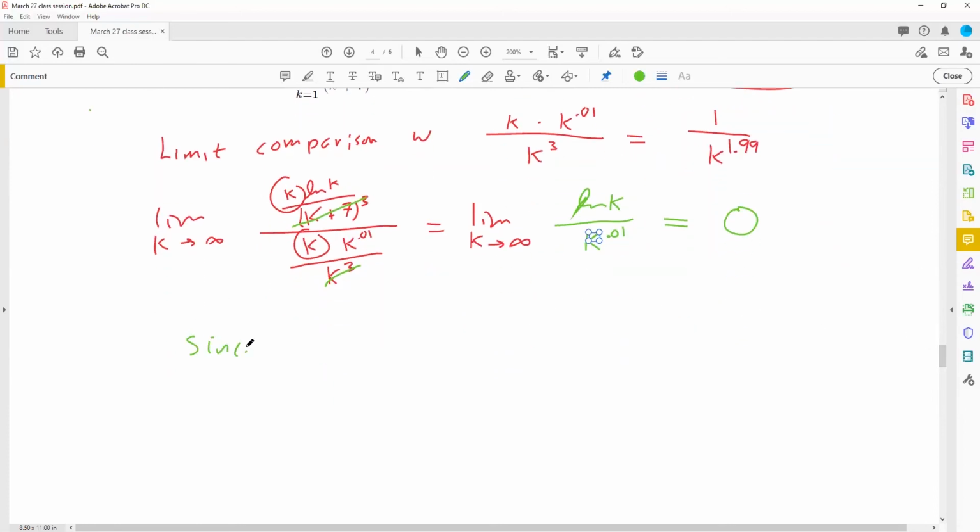Since 1 over k to the 1.99 converges by the p-series test, because p equals 1.99, which is greater than 1, then by limit comparison,